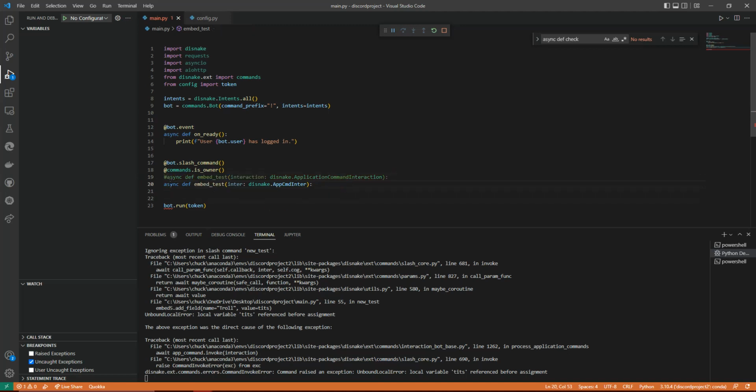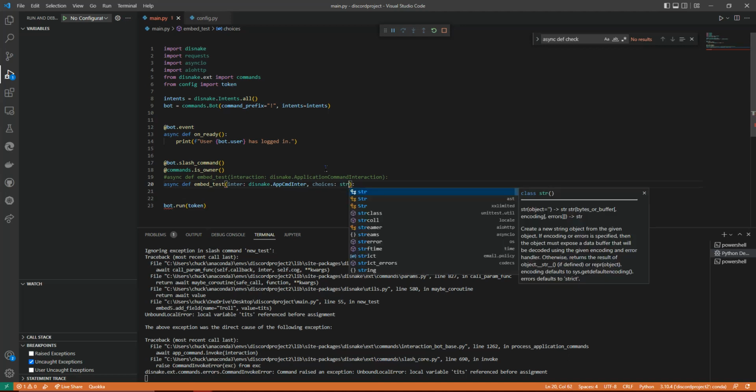And if you want to ever green anything out to make it not readable from the code perspective, just put a hashtag in front of it for comments and things like that. But basically, we passed our interaction argument because it's a requirement for every slash command. We're also going to pass choices. And this is going to be something that shows up in the slash menu. So choices: